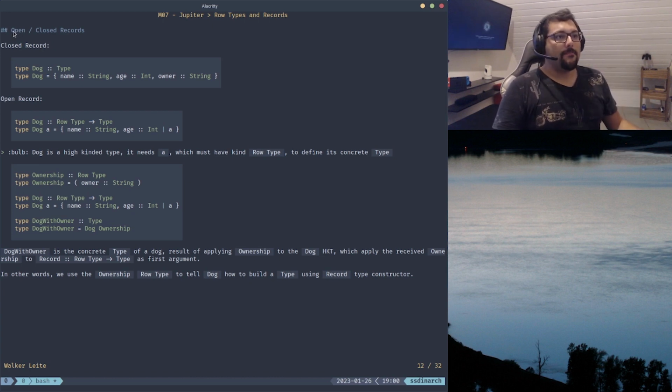So with that in mind, let's see the open and close records. So this is our closed record, the same we did the past with the dog, okay? And the same thing as the row type, but this is in the type level. So this is a type of dog. And here we have the open record. And you can see that the open record takes also a row type,